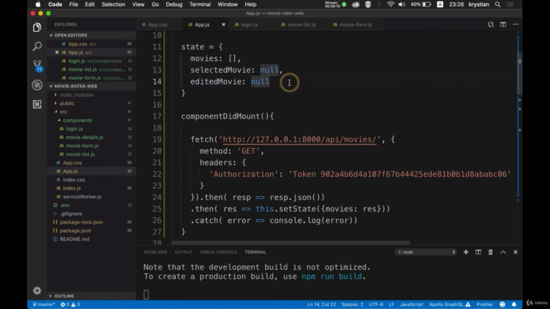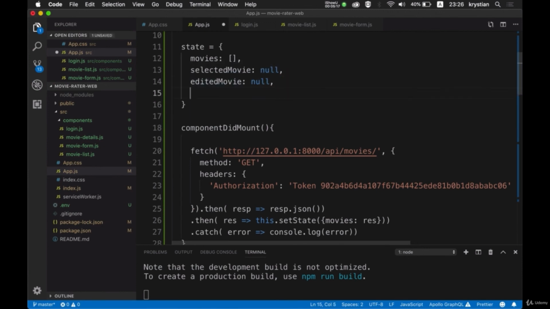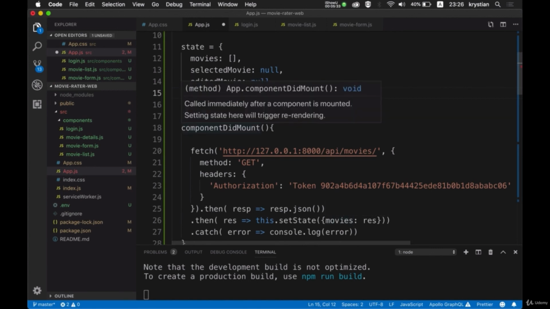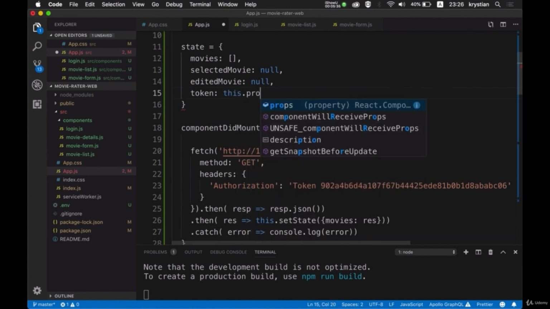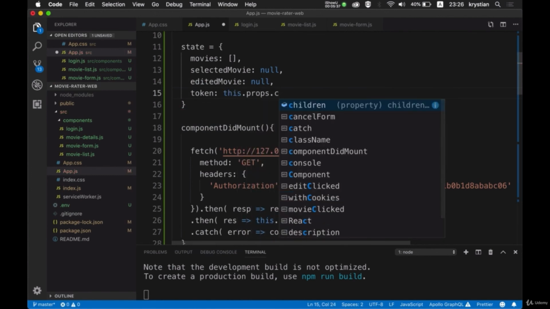So what I will do is I will try to set it in the state. So I will have a token here, because this will be something reusable for our application. Wherever we have this, we also want to have access to this, and I will pass it to other components with props. So I will try to keep this here in the state. So I can do this.props.cookies,